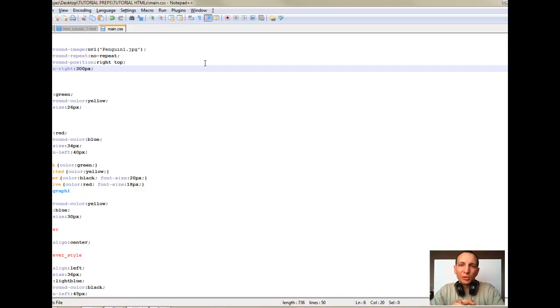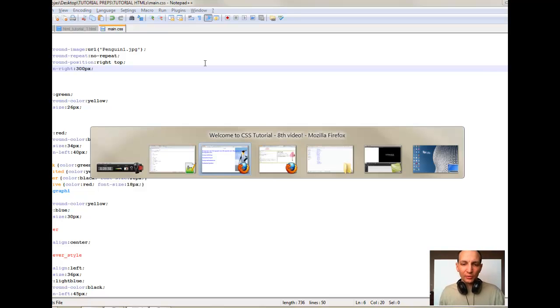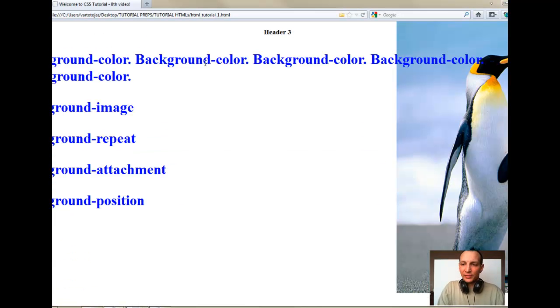Guys, this will tell our browser that it should have a margin on the background image and not place any text nor any other objects within 300 pixels from the right corner of our screen. So let's go ahead and refresh it,